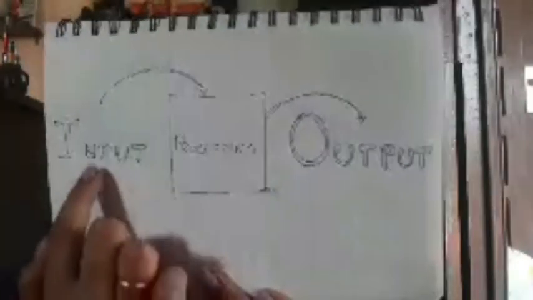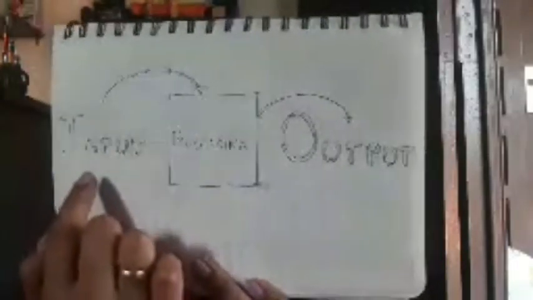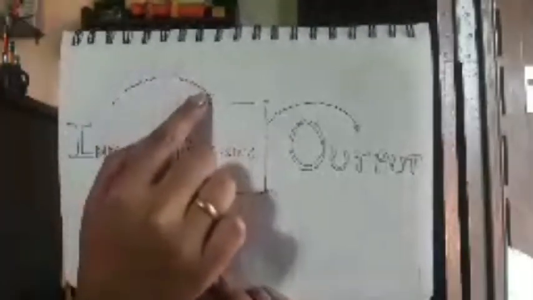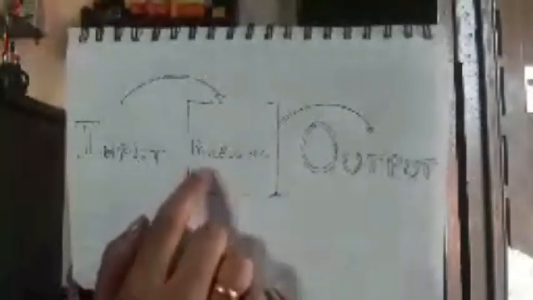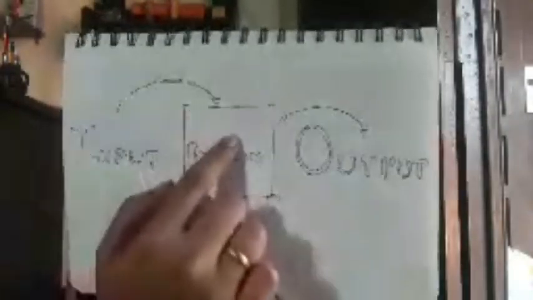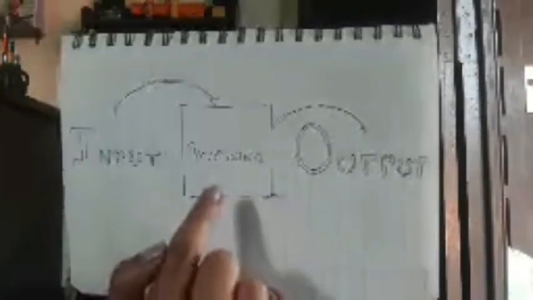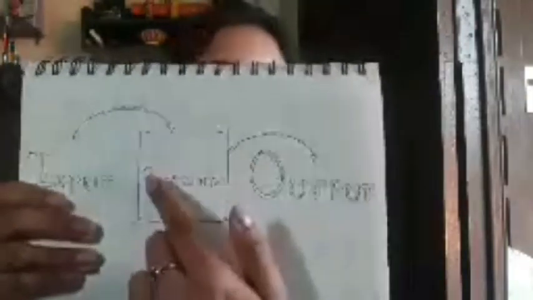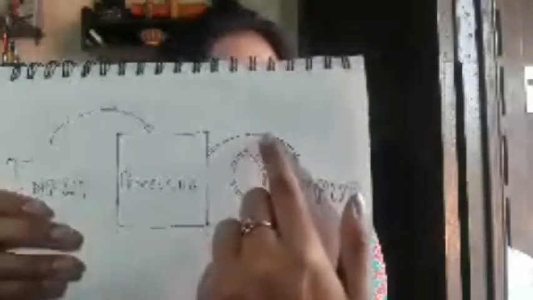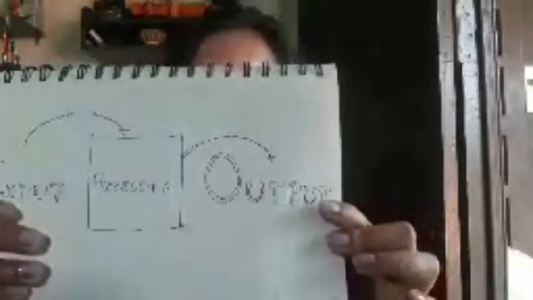Let's see the picture. Here you can see it's an input. Input means which is coming inside from the outside. You can see this arrow. This is the box. Just imagine this is a machine. As you put anything inside the box or the machine, the processing starts. When the total function is over, the final output comes outside, which is the main result. Just follow the arrow mark, it will help you.